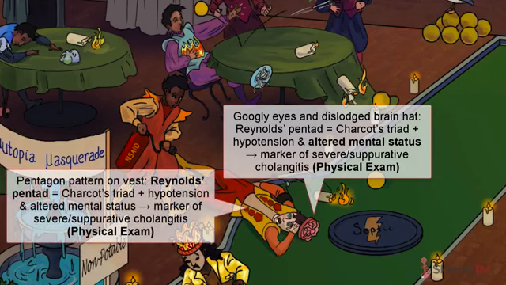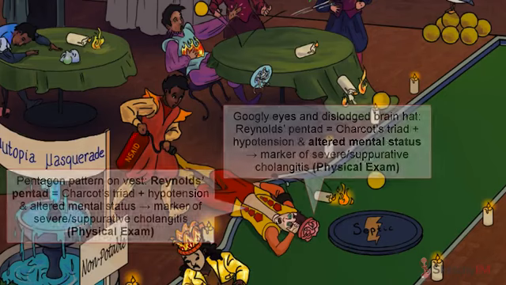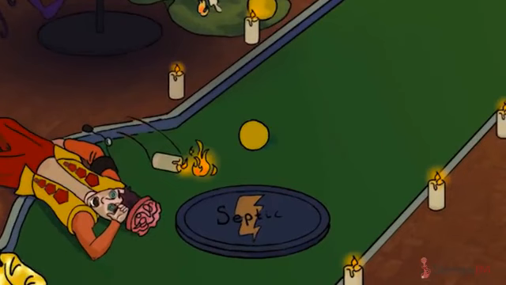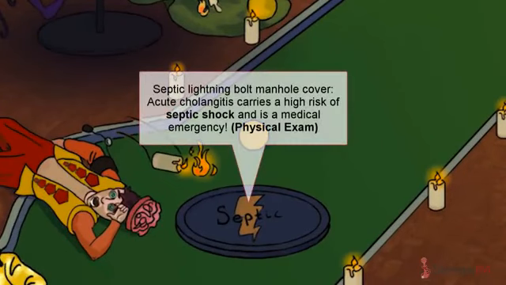So we've tied the fever, right upper quadrant pain, jaundice, hypotension, and altered mental status all here with the pentagon pattern on his vest. Nailed it. Those two additional features of Raynaud's pentad might sound familiar. They're signs of sepsis. Acute suppurative cholangitis is commonly associated with septic shock, represented by this septic sewer lid complete